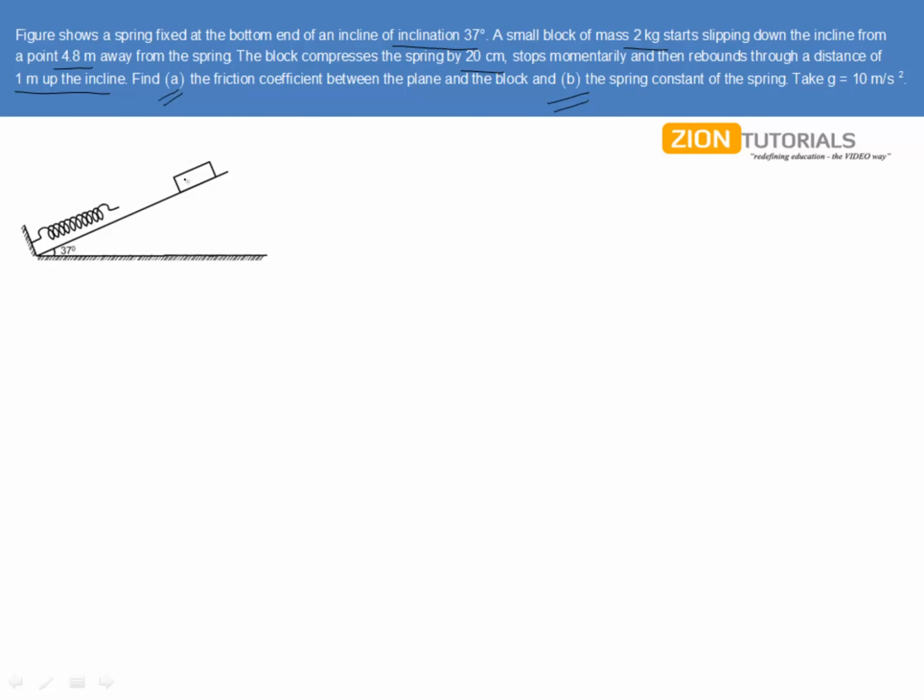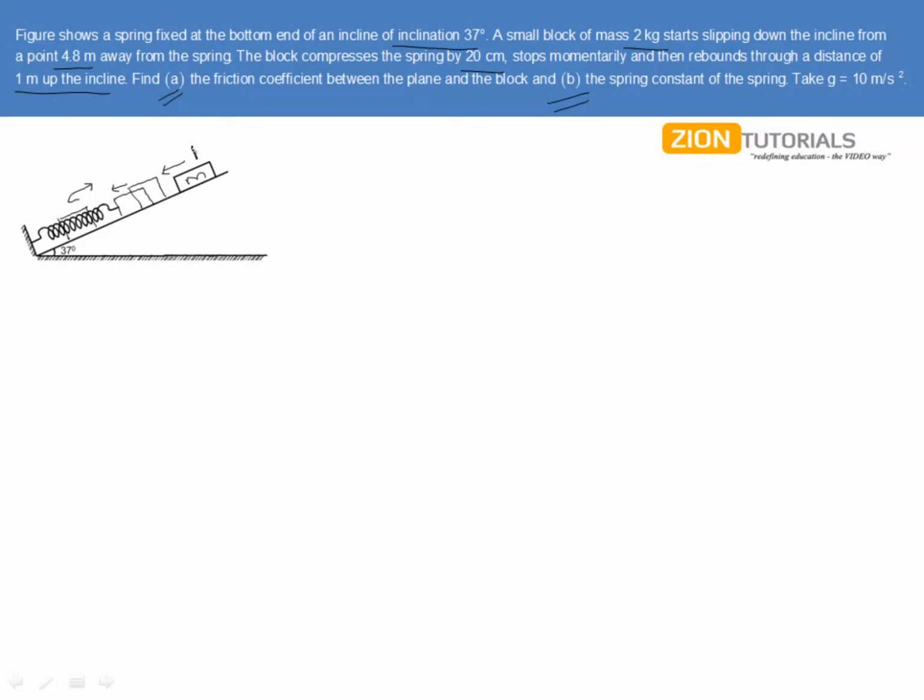Now, this is the block of mass m we are having. What's happening is that it will move downward with the initial speed of 0, will come in contact with the spring, and due to its momentum, it will start compressing the spring and keep compressing till its final position, where it will have 0 velocity once again, but the spring force will be maximum on it, and it will again rebound, that is, get back to one more position, which will be the final position.